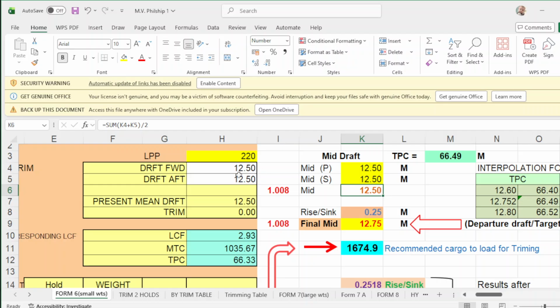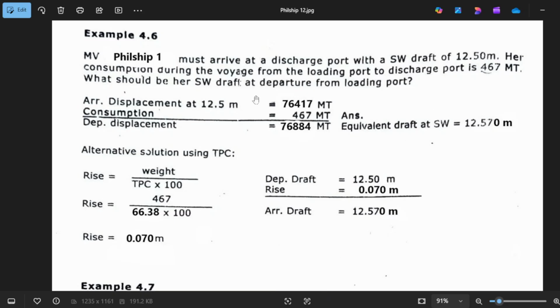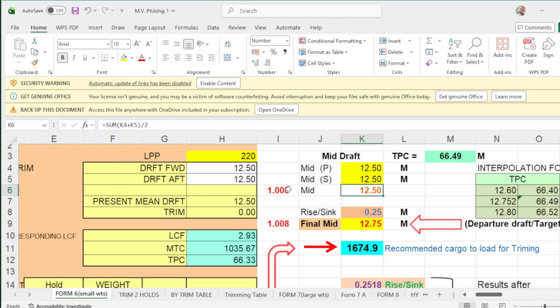This is your initial drop, forward and aft. This should be your mean drop. You have no trim, assuming that we are in even keel condition, because the problem says if there's a trim in arrival drop, we assume that she arrives at discharge port at even keel of 12.5.